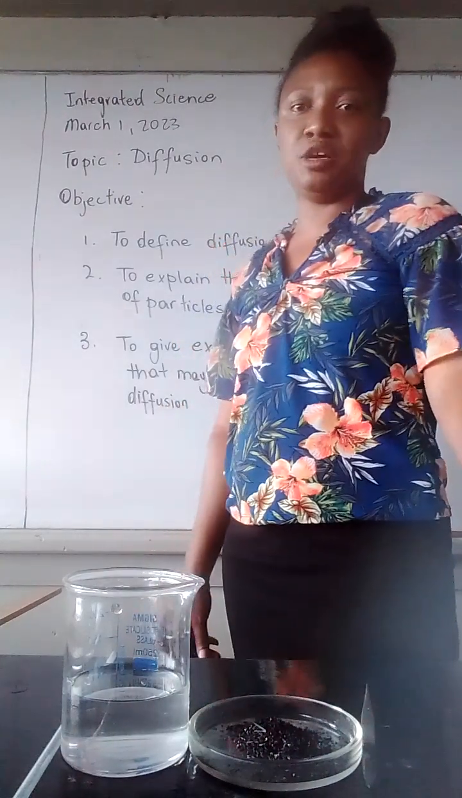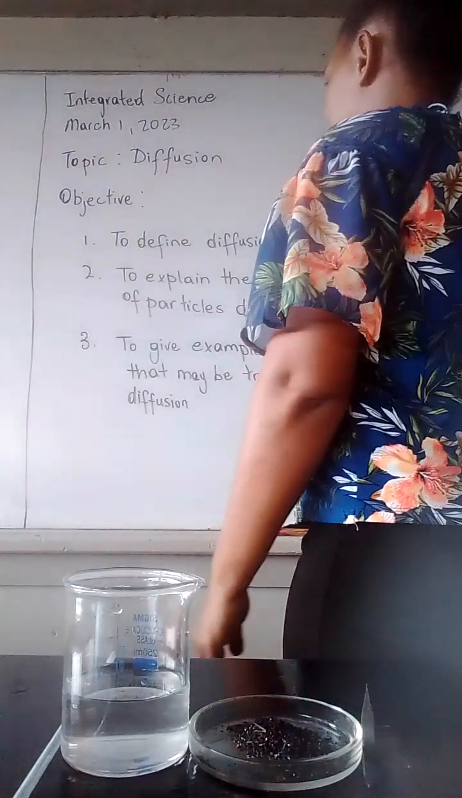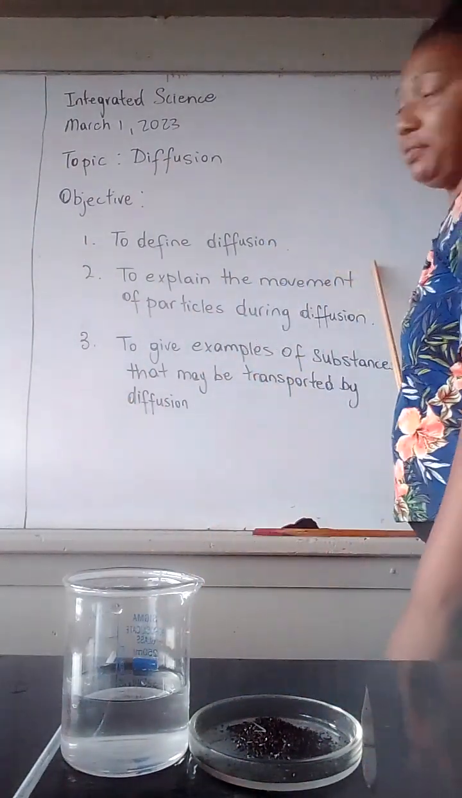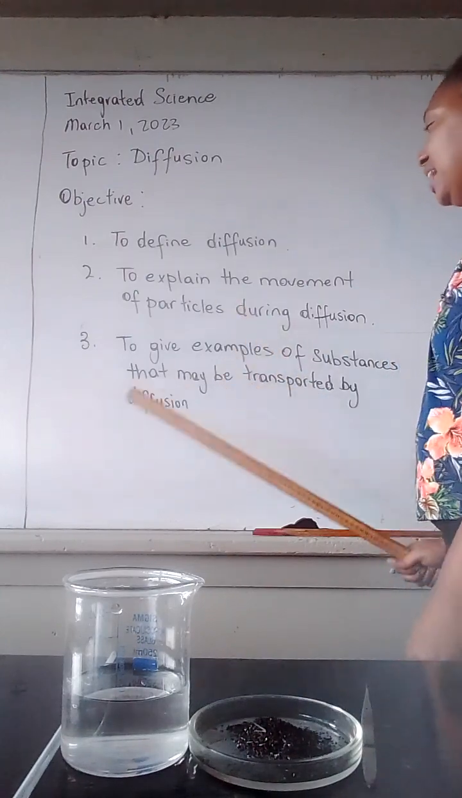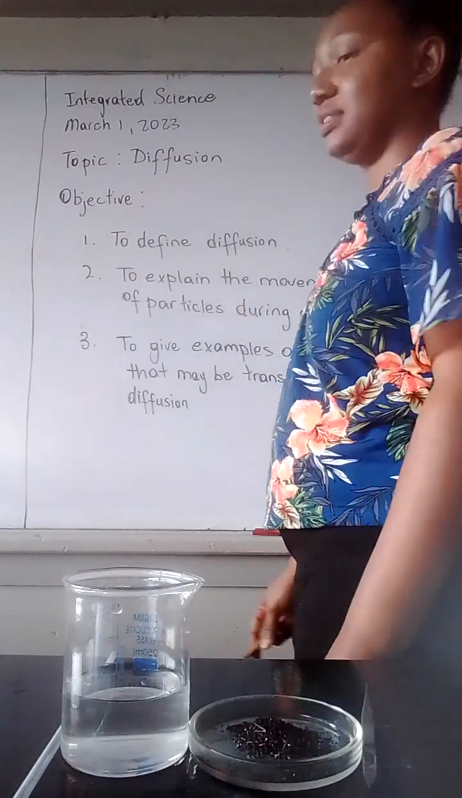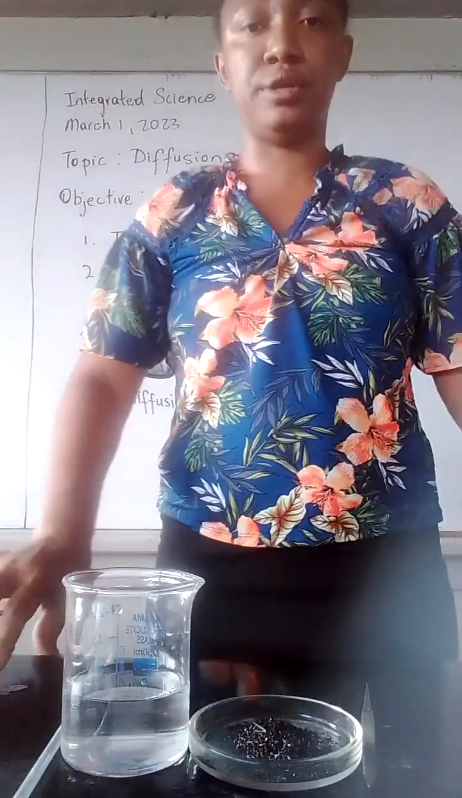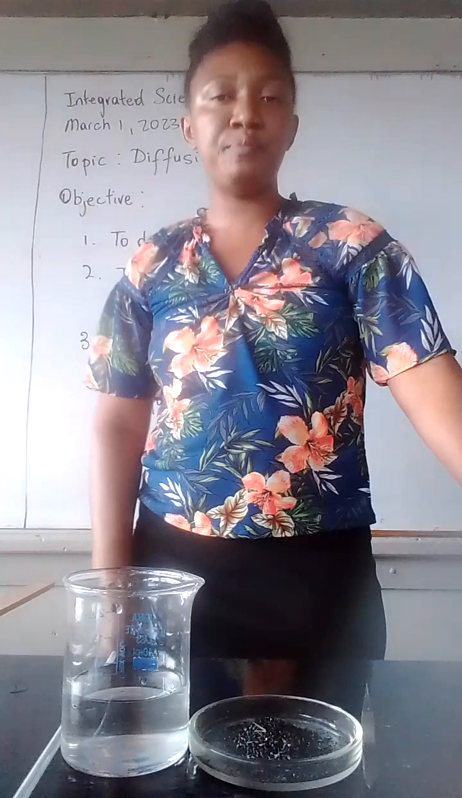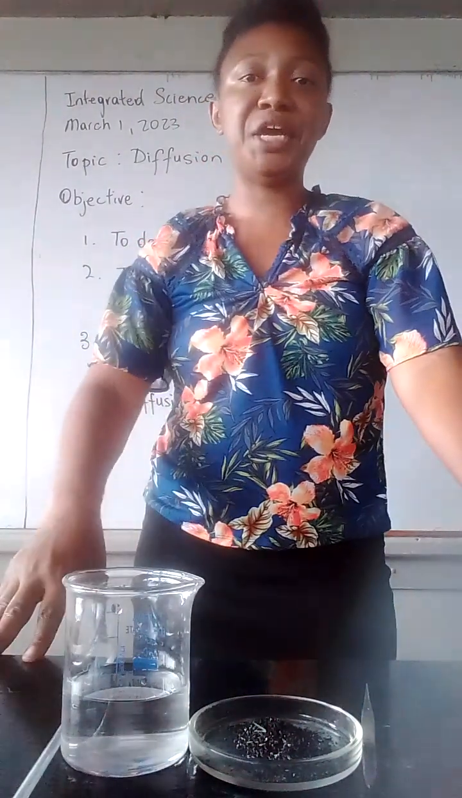Today we'll be looking at the topic diffusion. Our objective for today is to define diffusion, to explain the movement of particles during diffusion, and to give examples of substances that may be transported by diffusion. Now, what is diffusion? Diffusion is the movement of particles from an area of high concentration to an area of